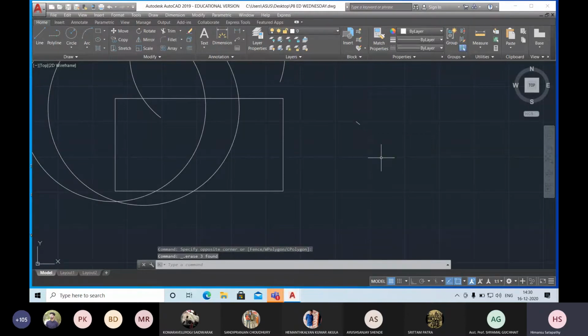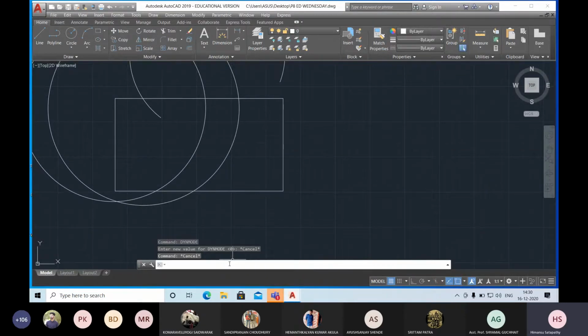So before starting the drawing, whenever you start a drawing, you need to change some settings. So the first setting is dynamic input setting. Dynamic input setting, please pay attention. This is a difficult one, I will tell you. So under the dynamic input, the command is dynmode, din mode. So when you go for the din mode command, what happens? The AutoCAD drawing can be drawn by two methods. One is by coordinates. If you have the coordinates, you can give the commands and automatically that will be drawn.